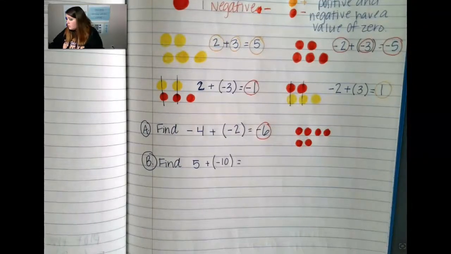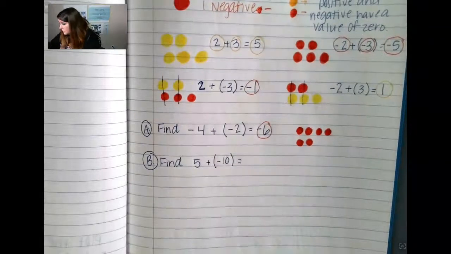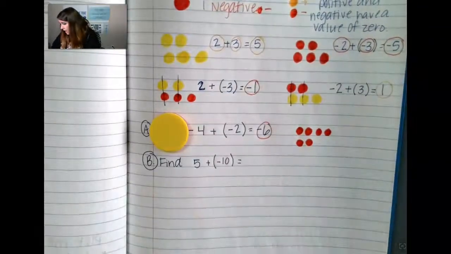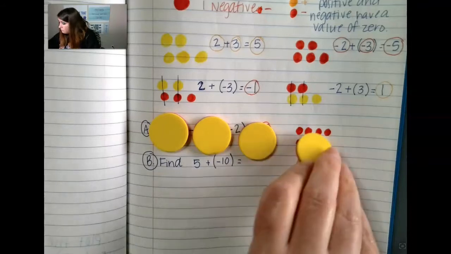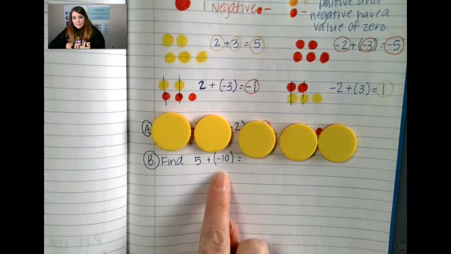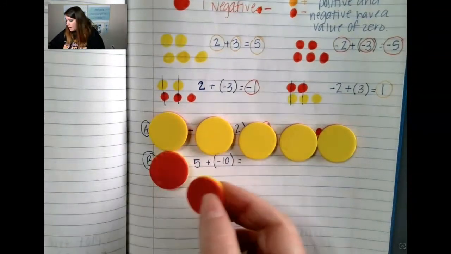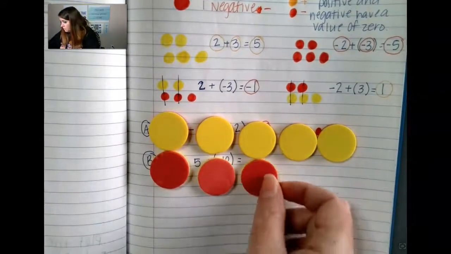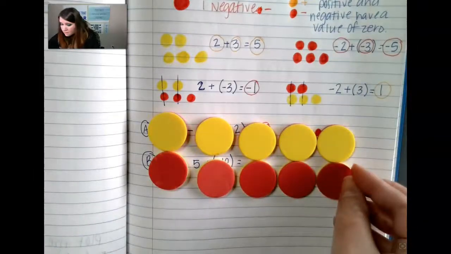All right, so we're going to start with 5 positive. So this one is a positive because there's no negative sign, so I need 5 yellows. 2, 3, 4, and 5. And then I need to add on 10 negatives. So I'm going to add on 10 red. 2, 3, 4, 5,